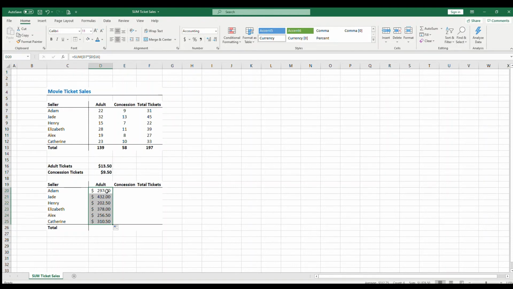The one thing to realize here, however, is that we are summing a cell. If the sellers are not in the same order in both data sets, these figures will be wrong. In a later video, I will show how you can use the VLOOKUP functionality or the index function to make sure that you're calculating by the seller's name. But for now, we'll leave the sellers in the same order and ensure that we don't change it,